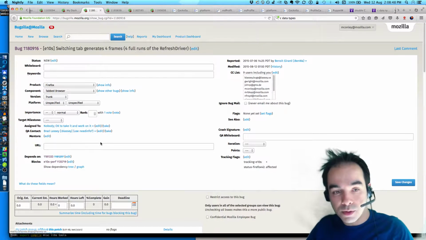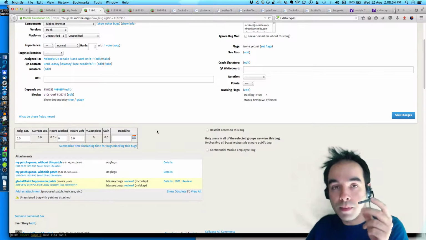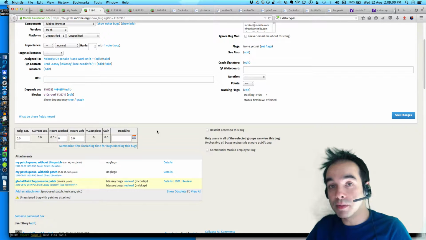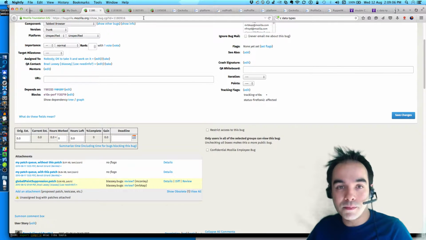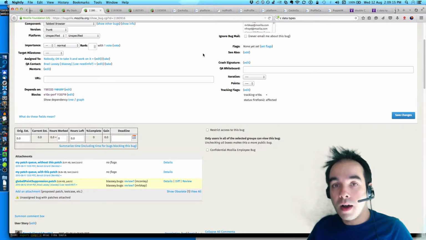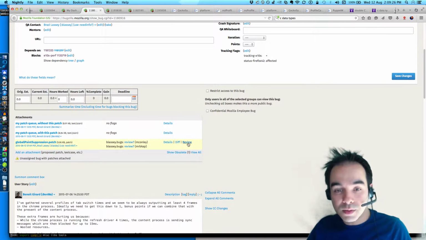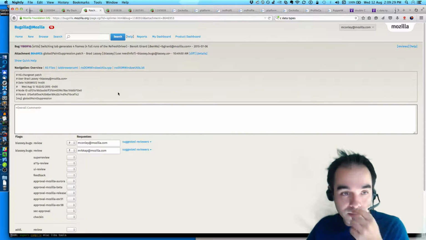So Brad Lassie, who worked on this patch, his idea is that in the midst of a tab switch, we tell Gecko, don't paint anything new until this frame is ready. Because painting will paint the tab bar, and update the toolbar and all of these things. And those paints and the layout, etc., can be expensive. And when the frame from the child is ready, it's possible that we're busy painting other stuff in the parent process. So this patch is one way of sidestepping that.